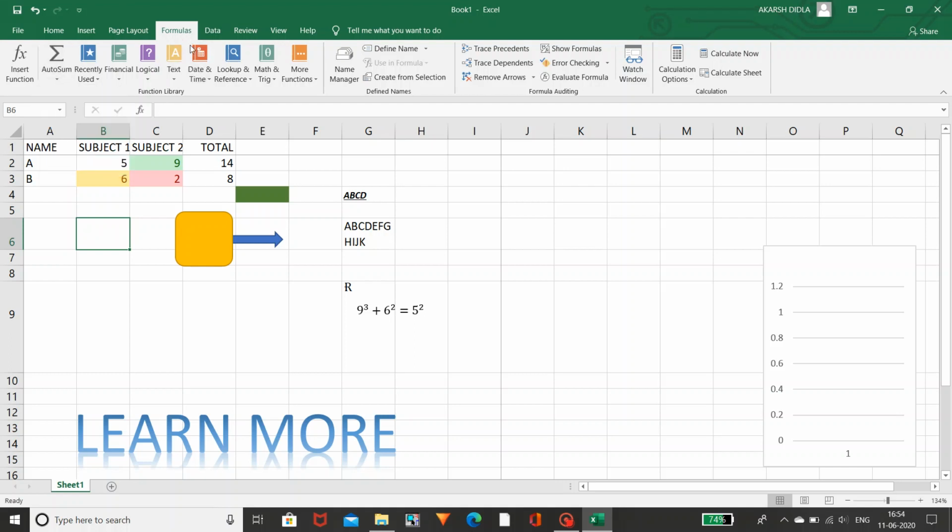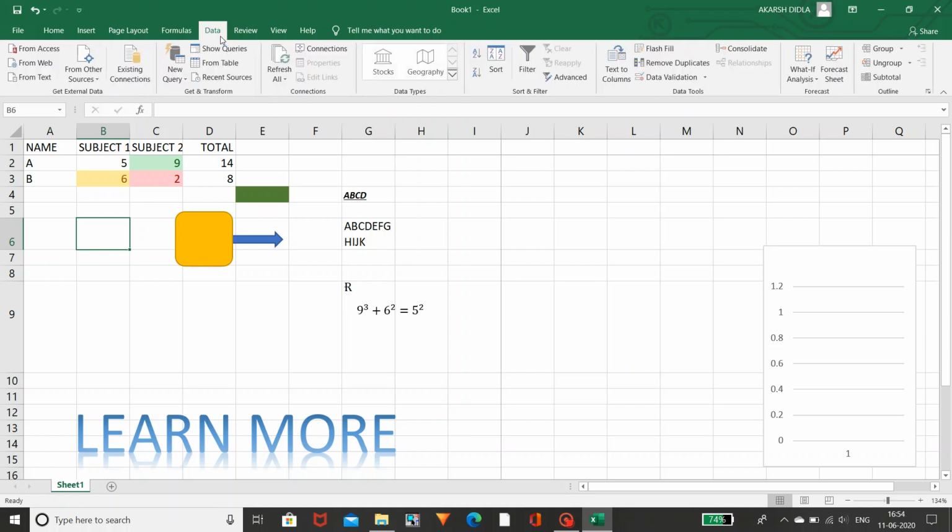Likewise, you can use this formula and add the texts, and you can add more functions. You can define your name, you can add the functions. So there are different types of options. If you want to calculate, you can use these formula options to do any type of calculation. Likewise, the formula menu is used.